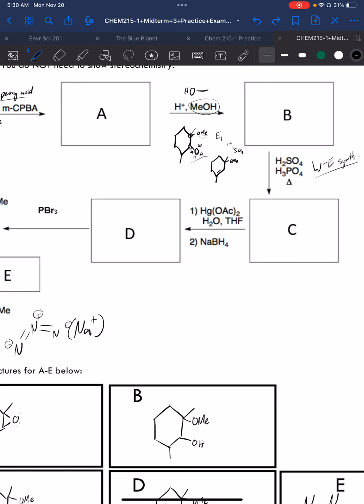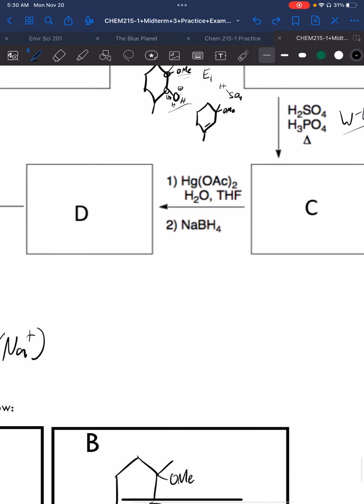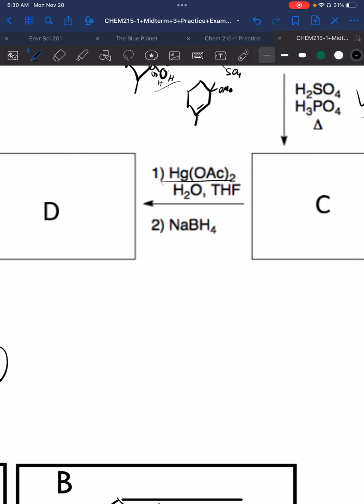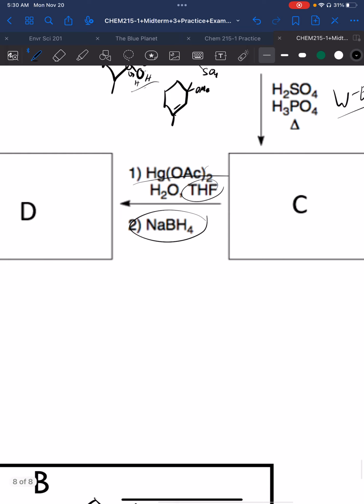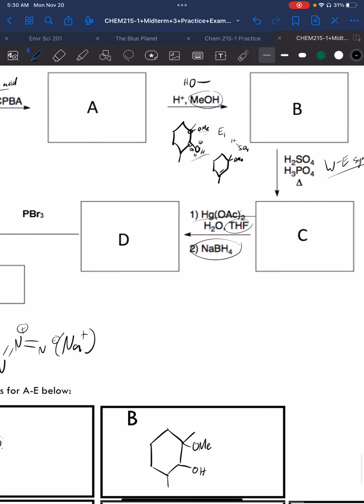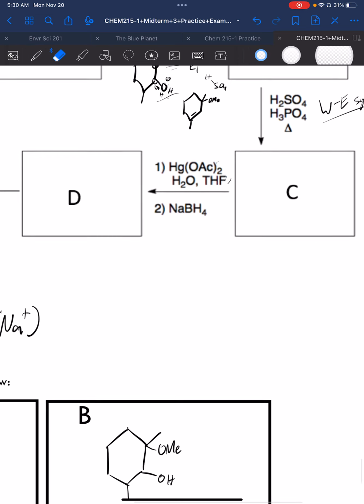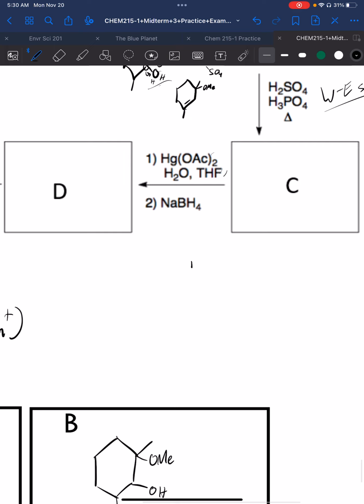For the subsequent reaction here, this one's pretty straightforward. You just have a hydromercuration, or whatever, you're adding mercury to it. You have all the same solvents with the THF and the sodium boron tetrahydride. I don't know what the actual name is, but you have all the solvents needed, and it's very simple. Whenever you have this reaction, all you do is just break the alkene